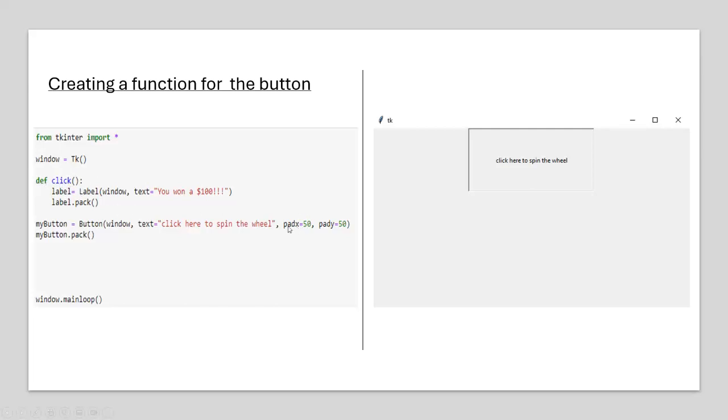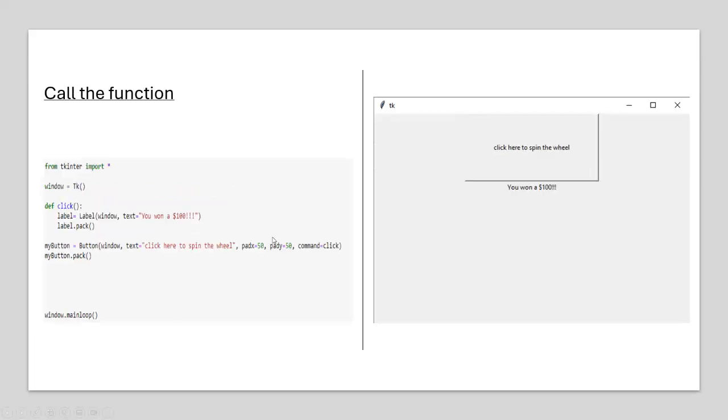We have the function here, but it's not called in the my button variable. So instead we call the command, or we call the function that we just made, put it inside the my button variable, and then we can see here the text that we made shows when we click the button.